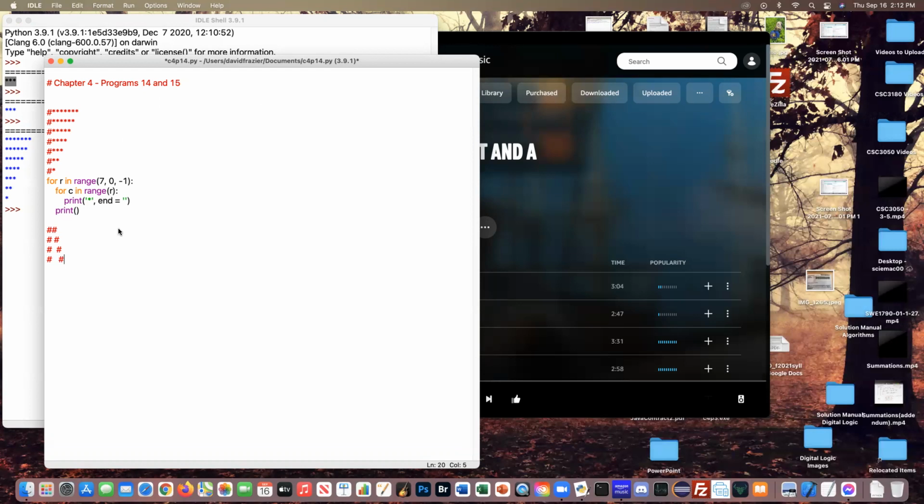Okay, 0, 1, 2, 3, and there are a total of 4 spaces. 1, 2, 3, 4, 5 spaces. Okay, so we've got 1, 2, 3, 4, 5, 6 rows here. So when I'm looking at what changes, I know for whatever we're doing here, we're going